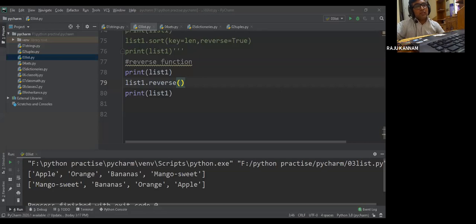Sir, can we exchange the position of elements? I don't want reverse. Yes, we can exchange. We can exchange the position of the elements. Now if you want to exchange position 2 and 3, you can take first. Okay, I'll go back to the program. I'll show you.